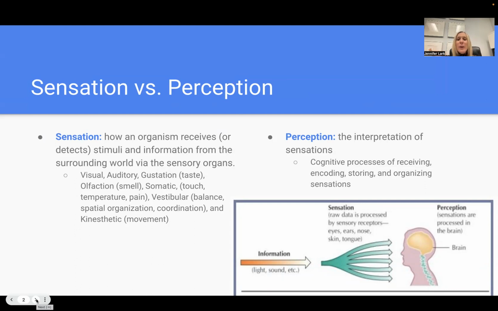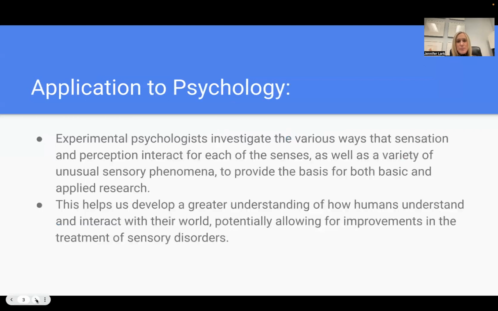Okay. Perception then happens in the brain, and perception occurs when our brain is interpreting the information that it's received from our different sensory systems. This all happens through a process called transduction, right? Our brain cannot directly detect sound waves, for instance. So there are mechanisms in our ear that transduce, or change, sound waves into neural impulses, which is the language of the brain, so that the brain can understand. It's kind of like an interpreter system going on in the body, when sensory information is transduced into neural impulses that are then able to be perceived by the brain.